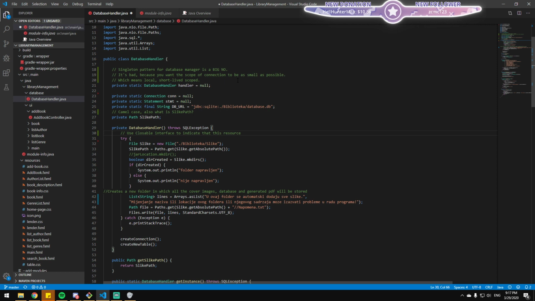So to indicate that this resource is unmanaged and needs an explicit call to clean up all the resources, like close connection. Because especially if you open a connection to a database and your application terminates, and you don't dispose this object, you don't clean up, that means the connection is open. So every time you start an application, you create a new connection, and it just keeps piling up unnecessarily.